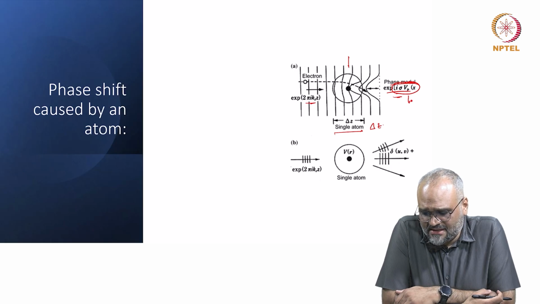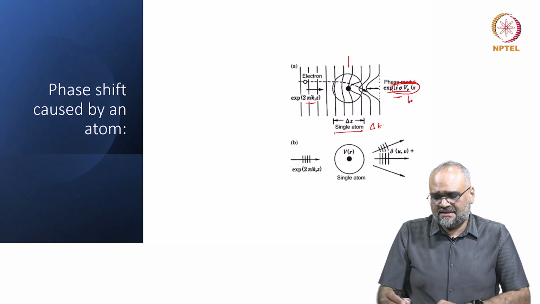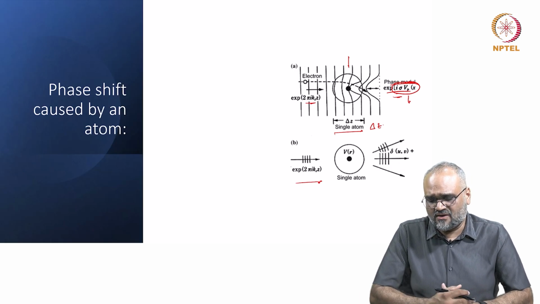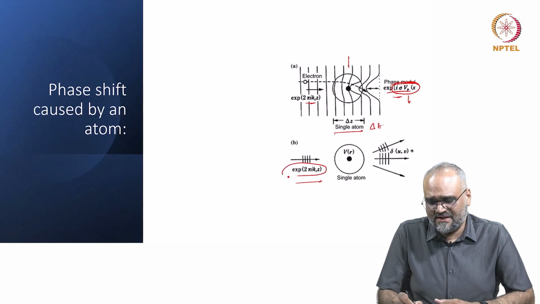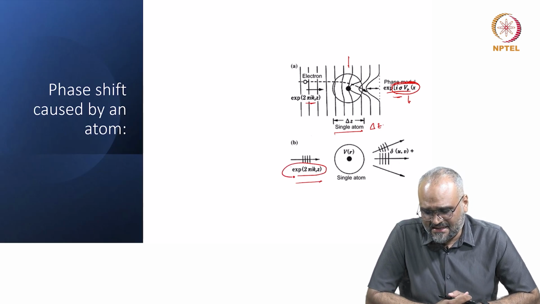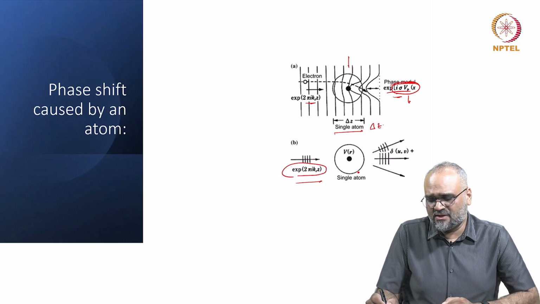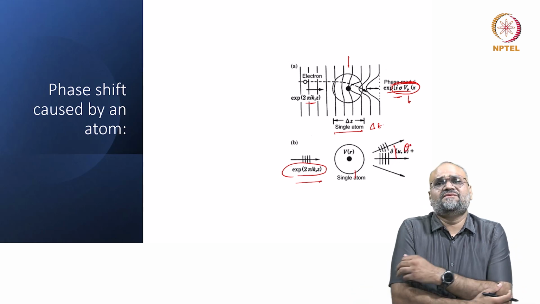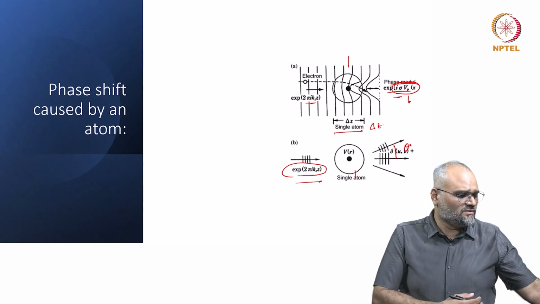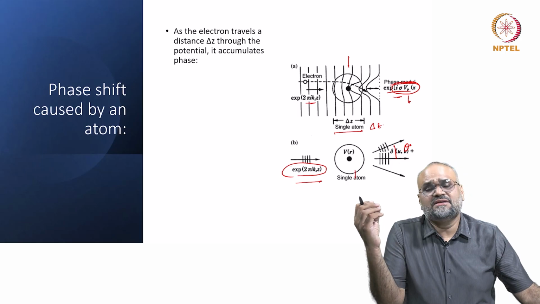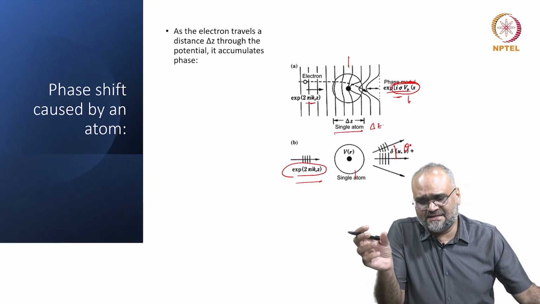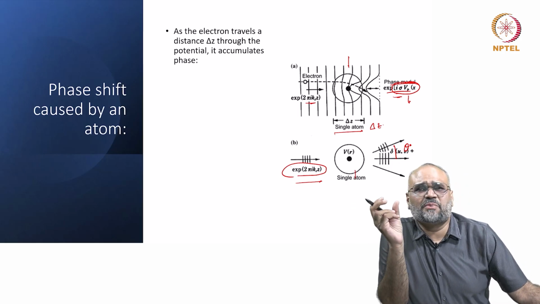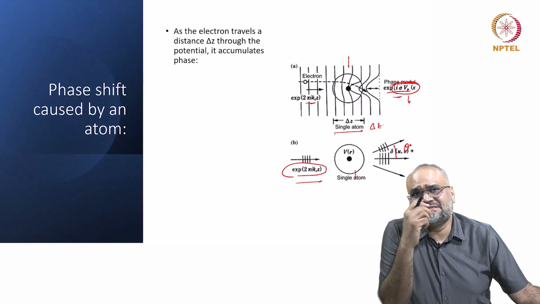So what is happening is, when the incoming electron with some kind of a wave vector, exponential 2 pi i kz, is interacting with a single isolated atom, there is a phase shift introduced, and this also causes a deviation in the path. Now, as the electron travels through the distance delta z, which is approximated as the thickness of the single atomic layer here,